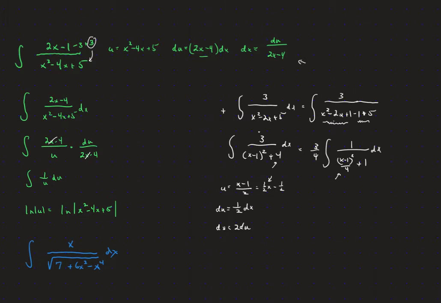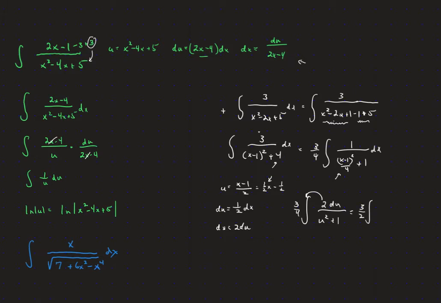Okay, starting to come together. So now we've got 3/4. Our integral, the dx, we're going to replace by 2 du, and that denominator is now a u squared plus 1. That 2 is going to come outside and cancel with our 3/4,